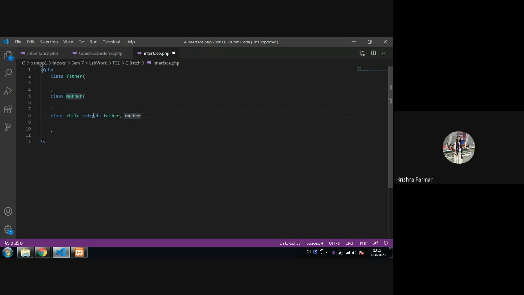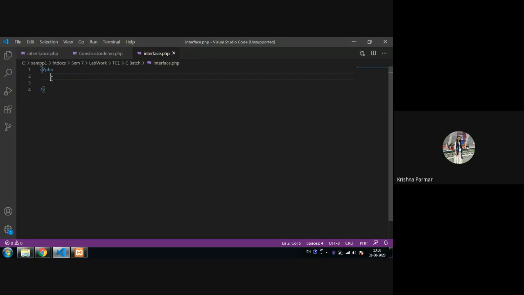Okay, using interface we can just use this kind of things, but here instead of extend we have to write implements. So whenever you want to go for interface, you have to just write the implements. Okay, now just go for it. How you can create interface? So interface is same like your class, but there is no code in your interface, only abstract methods are there.